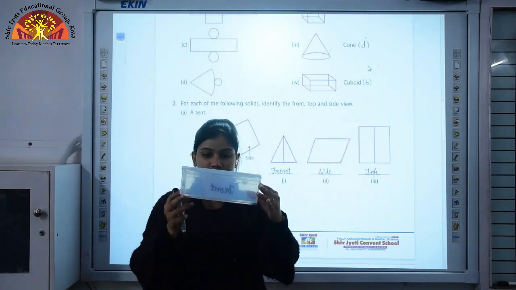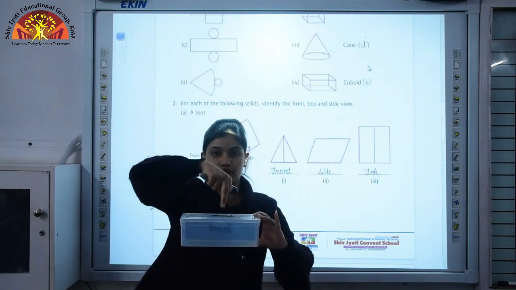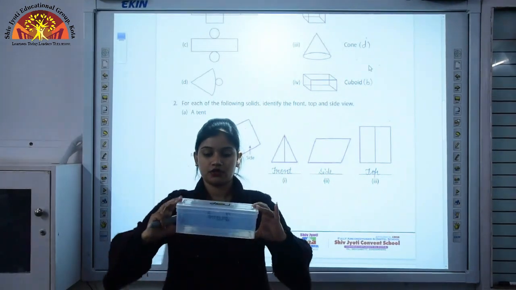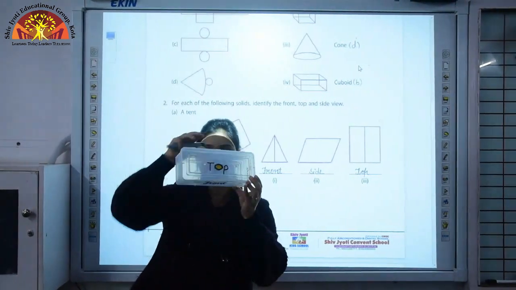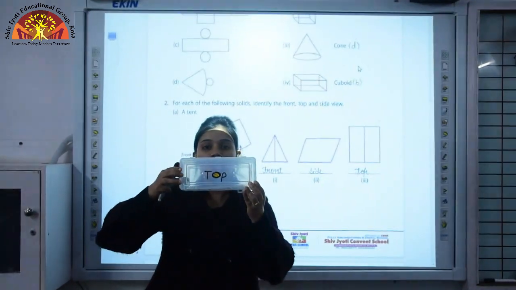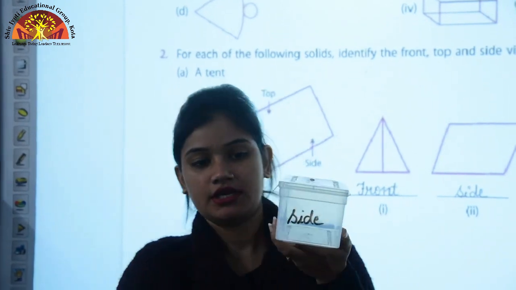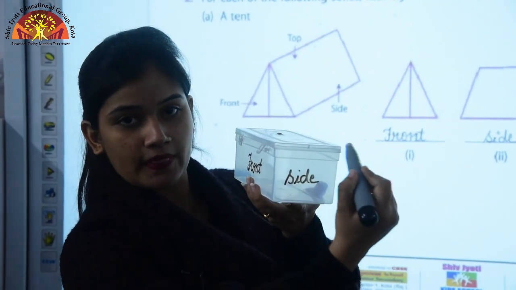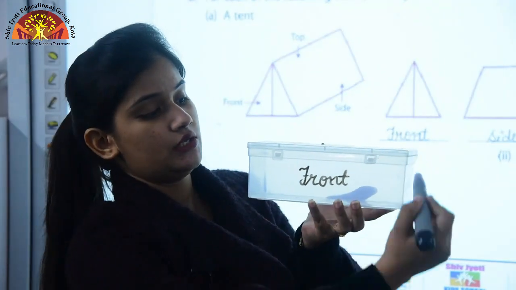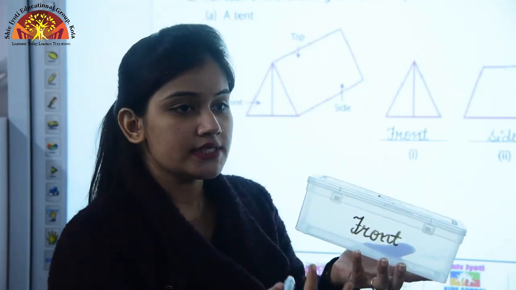You can see this object. अगर आप इस object को यहाँ से observe करो, it means you are observing this object from the top. So it will look like this. ये इसका top view है. Is it clear? Now we will observe the side view of this object. ये इसका side view हो गया. Okay. And now we will see the front view of this object. So this will be the front view. Okay. So in this way, some